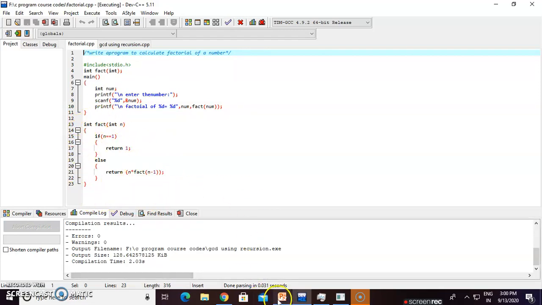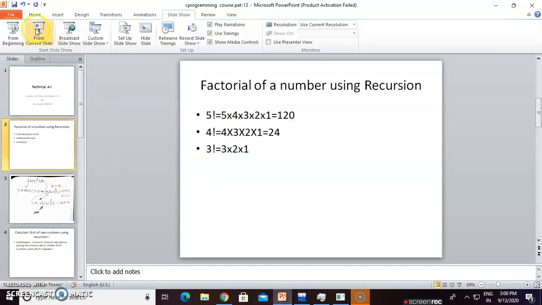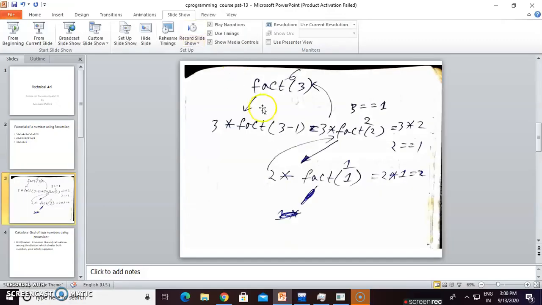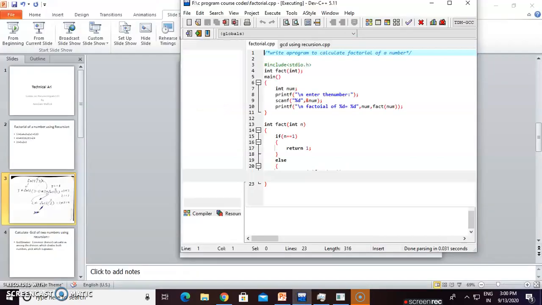Okay, go to the slide. For an example, we are passing the num value 3, means fact of 3.